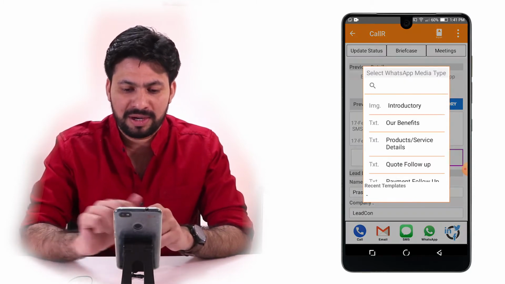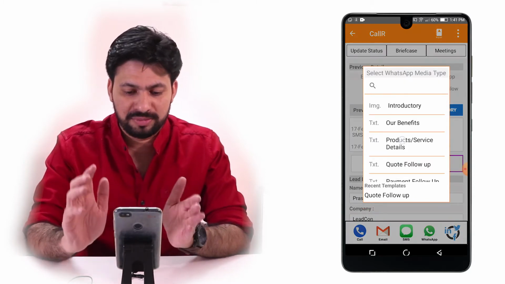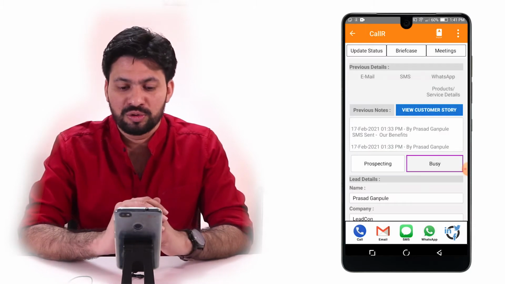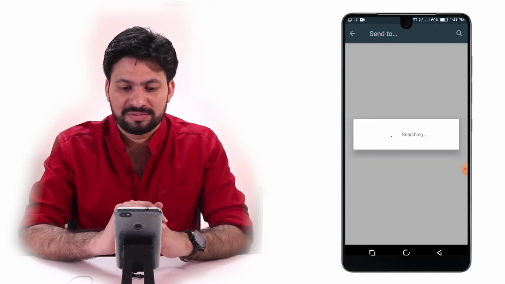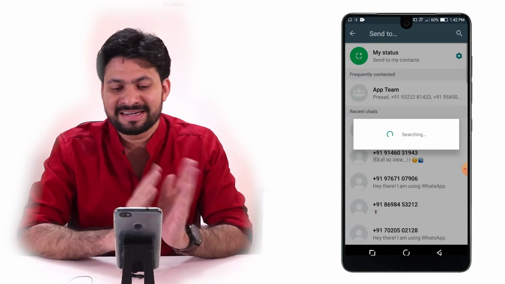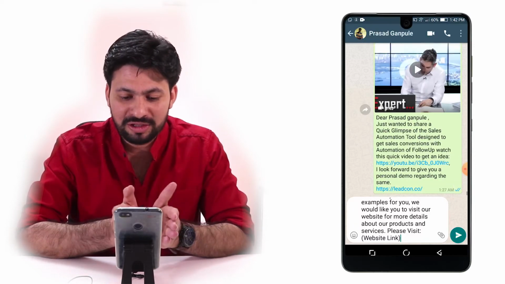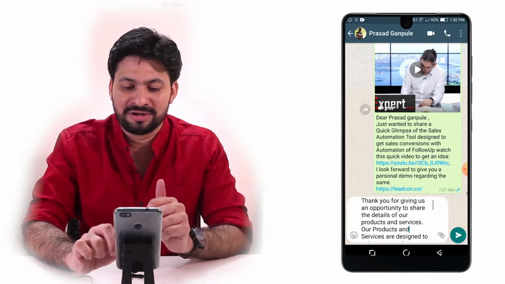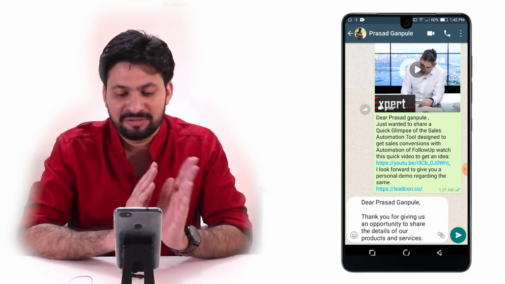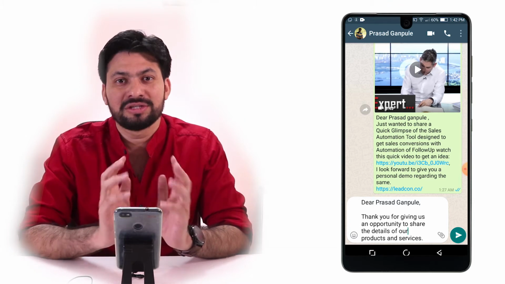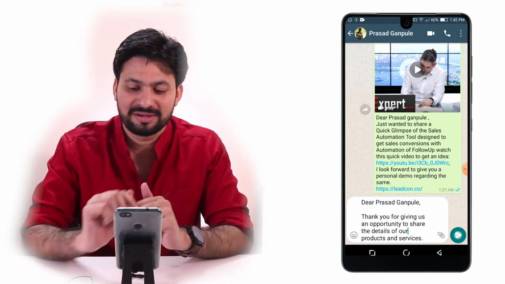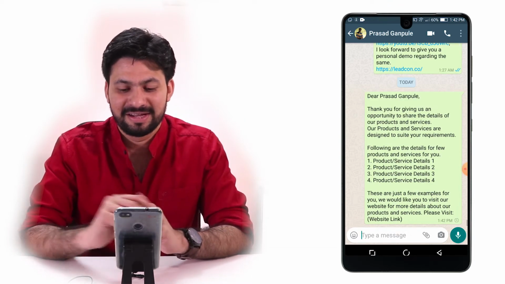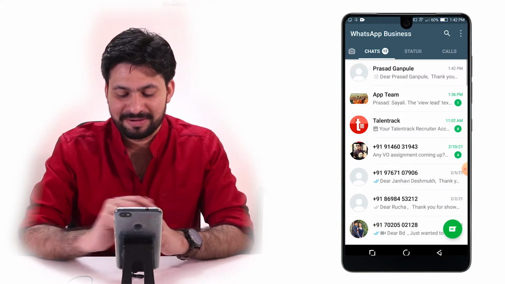I choose WhatsApp again. I'm going to choose a message. I choose the number on which I'm supposed to send. And now you can see it has directly taken me to WhatsApp with all the details. And as you can see, the whole message is already here in detail with all the different parameters. What I just need to do is click on send. It's as simple as that.